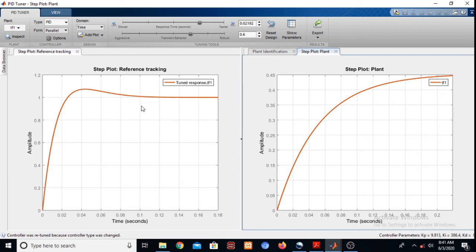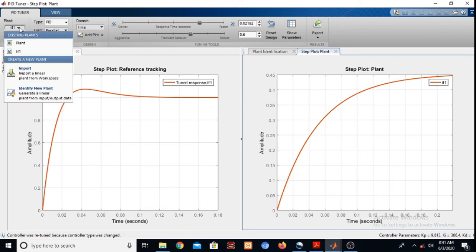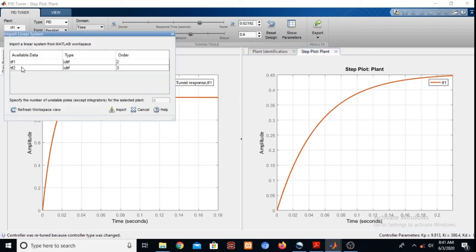Okay, so this is our desirable PID adjustment or estimation. Okay, and then we can export this. Now let us go for another plant model by importing TF2.